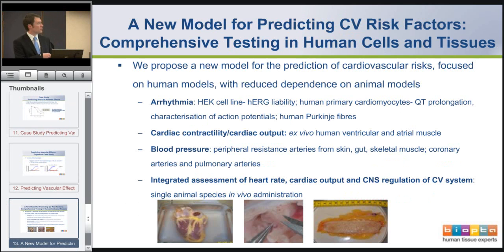So to finish off, I don't want you to attempt to take in all of this content here. What this is to show is that the existing models, the existing regulations do make mention of human tissue, but it's really a side matter. What we propose is that the regulations could include human data to a much greater extent, and that many of those assays are already available. So for predicting arrhythmia, there's a mixture of cell-based assays and tissue-based assays that can be used. To predict cardiac output changes and blood pressure, similarly, these types of tissues that I've shown between the beating heart and the isolated blood vessels